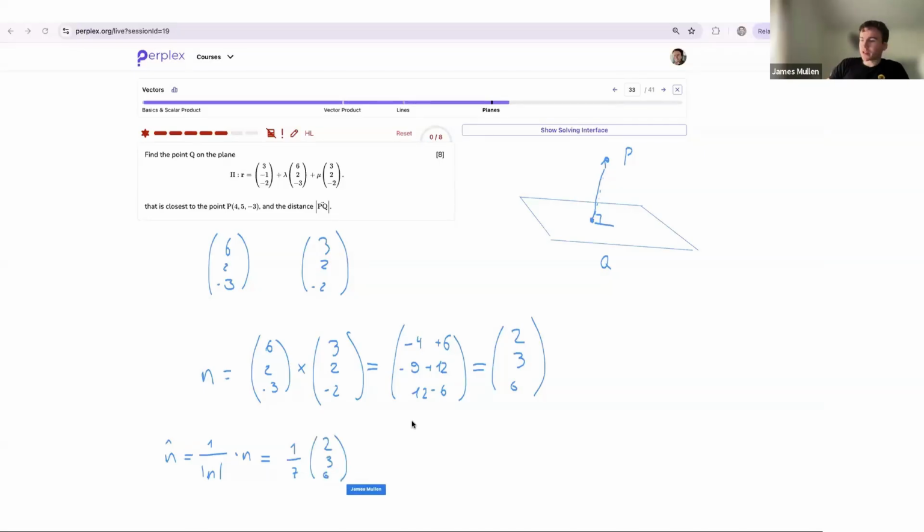That is my unit vector. And it's going to be a little bit more useful because now I have a vector that has a length of 1 that is normal to the plane. Okay, so that's useful. Now what I can do is I can say, well, let's take any point on the plane,